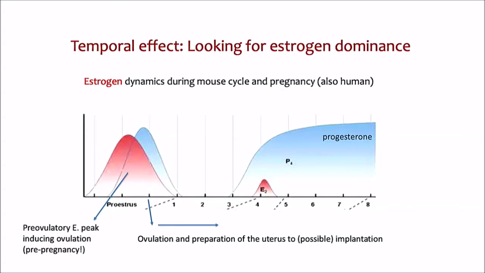This is the peak of estrogen in the females that actually triggers ovulation. So we started looking at proestrus and estrus,